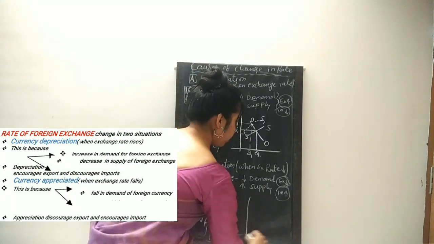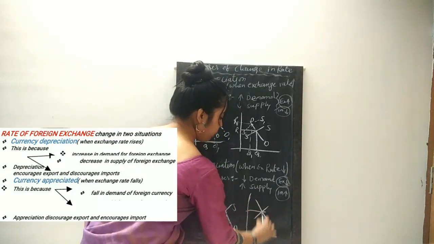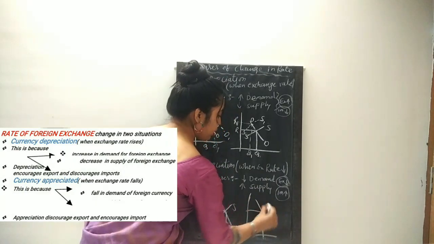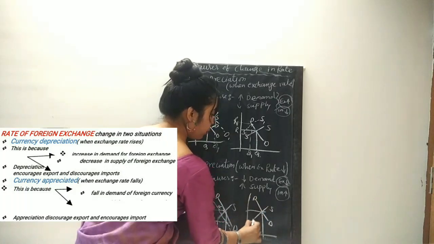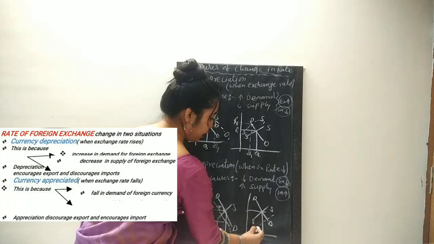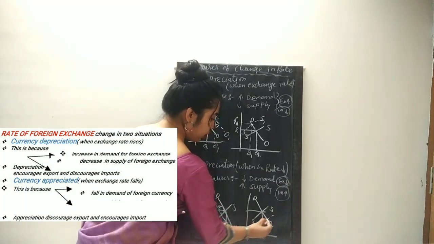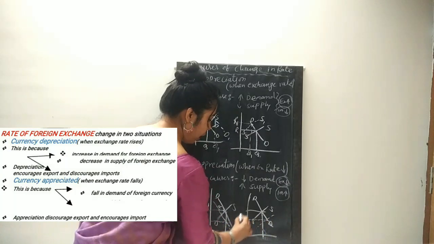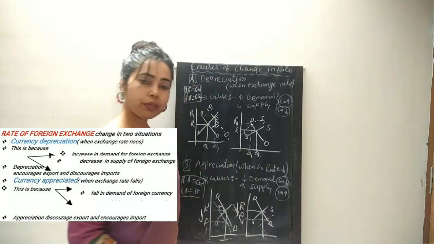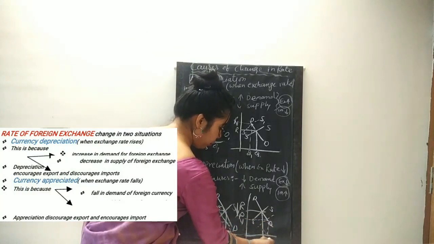In the opposite scenario, for supply, you will make the demand curve and the supply curve, and you are going to increase the supply curve. When the supply curve increases, it moves to the downward side. So what is the new intersection point you will find here? R1 has fallen. The rate is falling, but the quantity will be more.